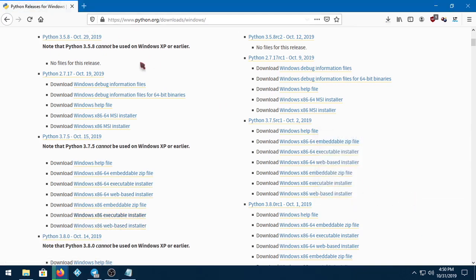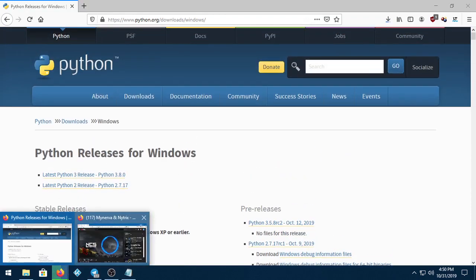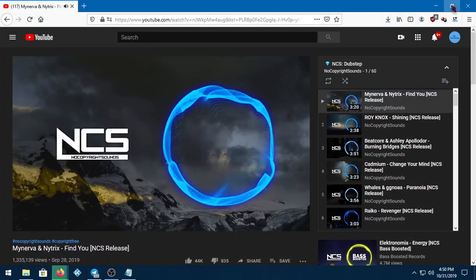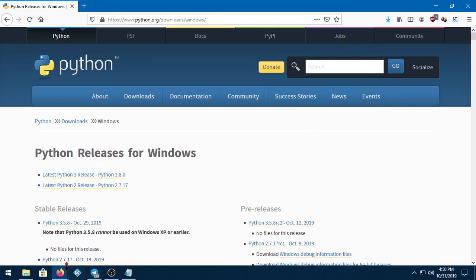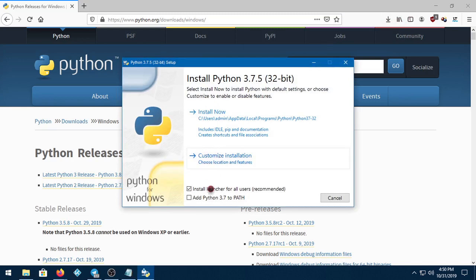So just save it. Now this is version 3.7.5. Again, you can use version 3.8. It's just a matter of preference. So yeah, and here it is. I've already installed it. I'm gonna walk you guys through the install. Make sure you install it and